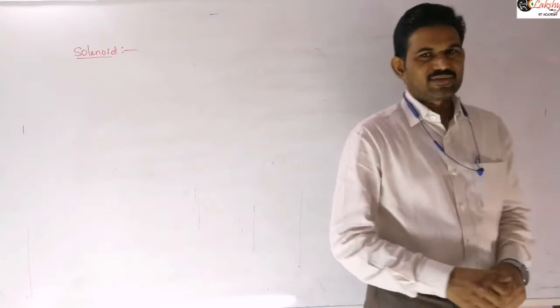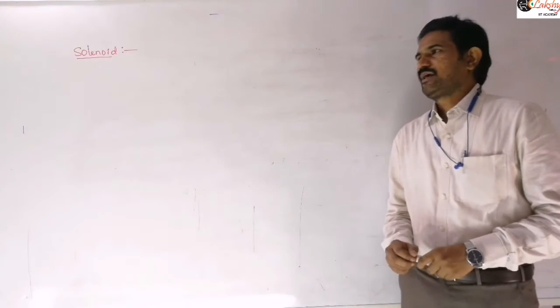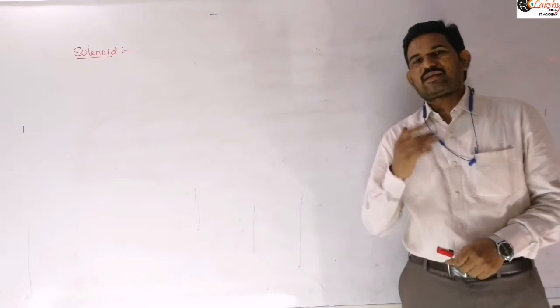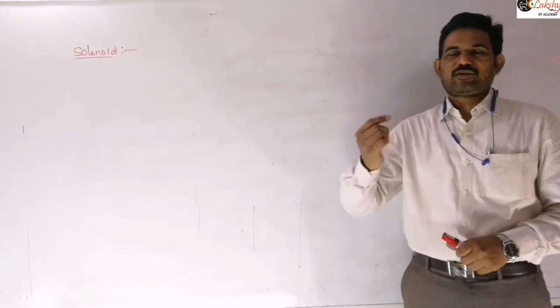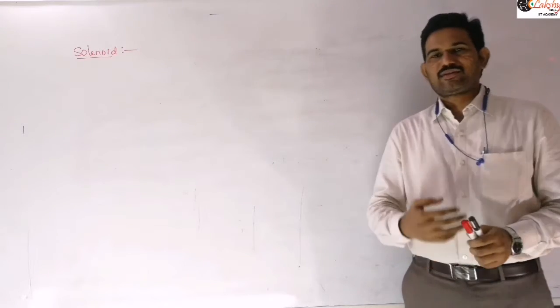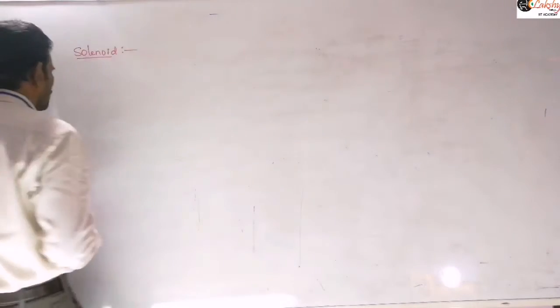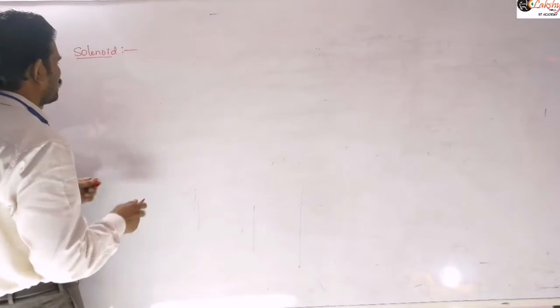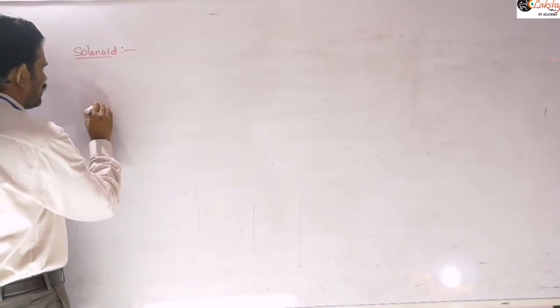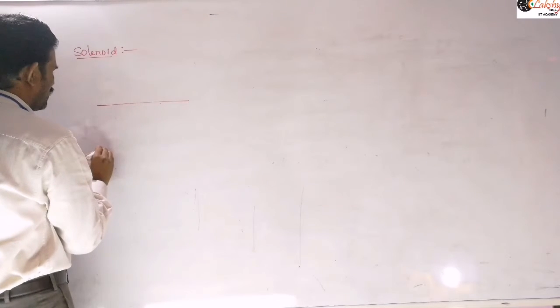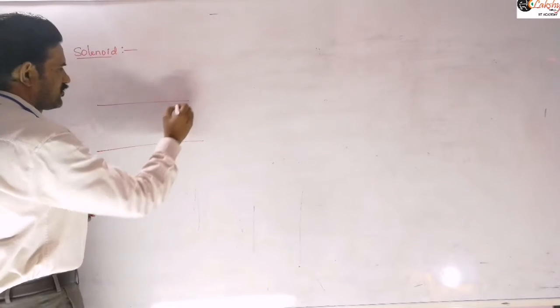So, in the previous class, we discussed the magnetic field due to a circular current carrying loop for a point on its axis, right? And we discussed related problems also, right? So now let us see solenoid in this class. I think all of you know about this solenoid from your lower classes. You studied about this solenoid,